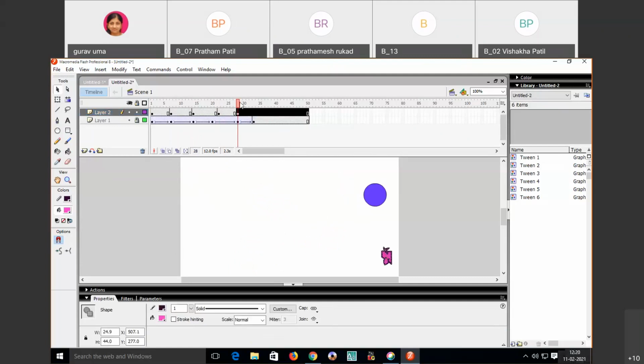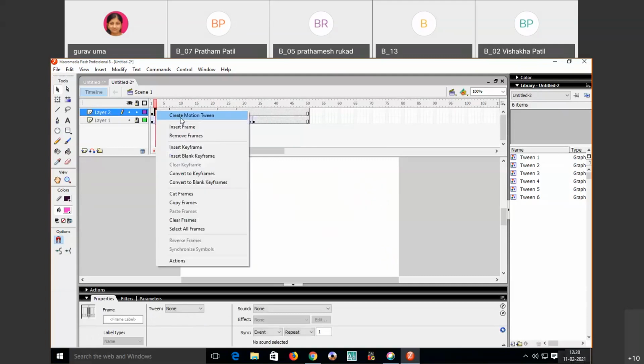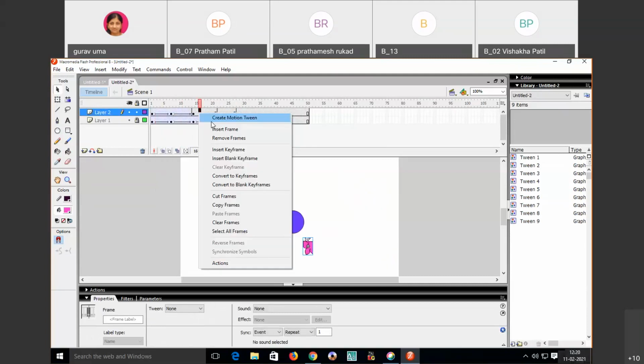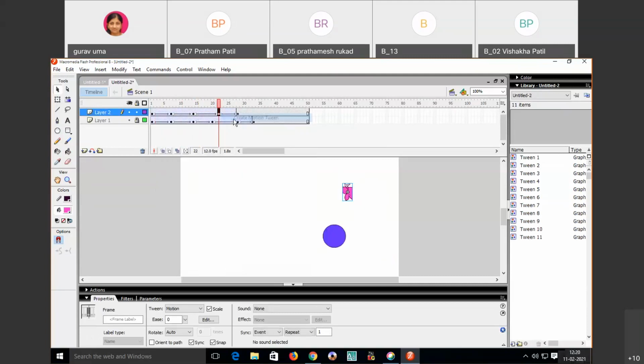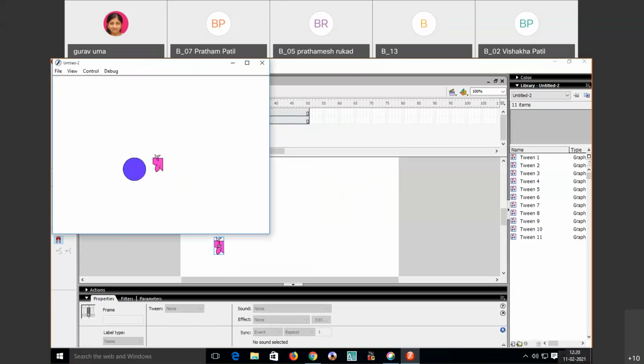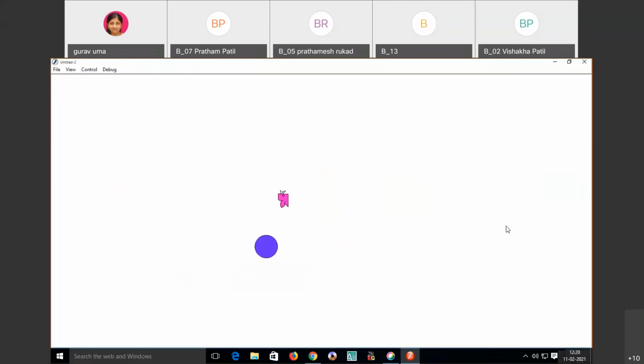So in between these keyframes I will create a motion. Now again I will go back and run by clicking on Control Enter. So this is my animation, simple animation.